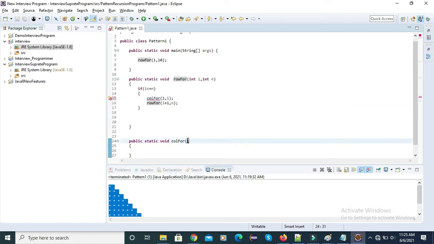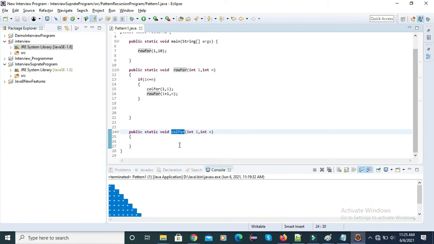We simply declare those parameters inside the callFor method: int i, where we store 1, and int j, or we can say n. Here we get two values, int i and int j. We pass the initial value 1, and the value we increment every time is passed inside the callFor method.